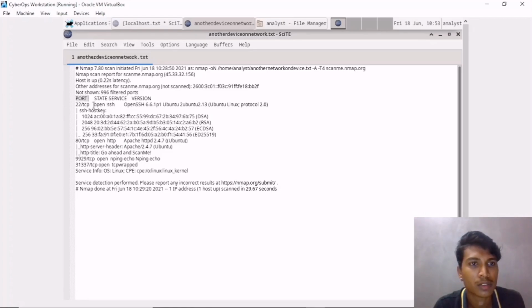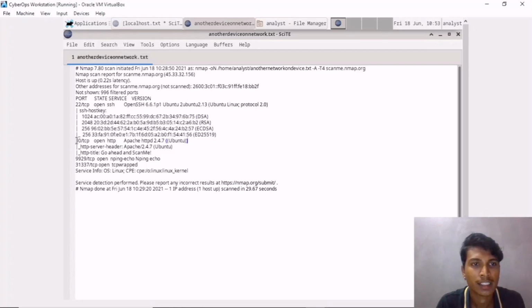The port is 22 TCP, the state is open, the service is SSH, and the version is OpenSSH 6.1p1 Ubuntu. You can see the SSH host keys, 1024, 2048, 256, and 256. These are the host keys.